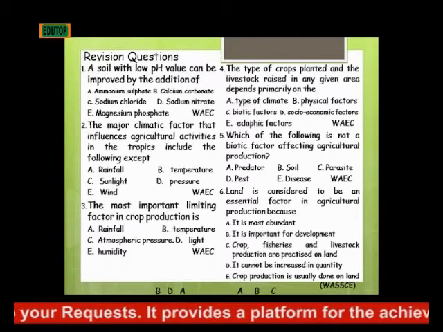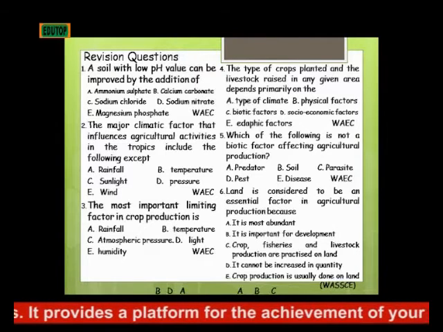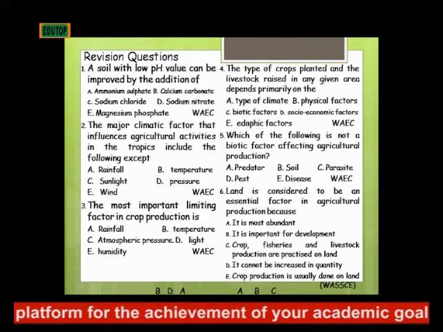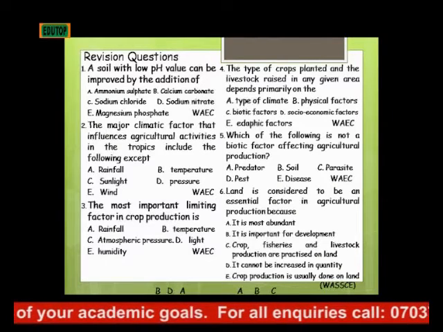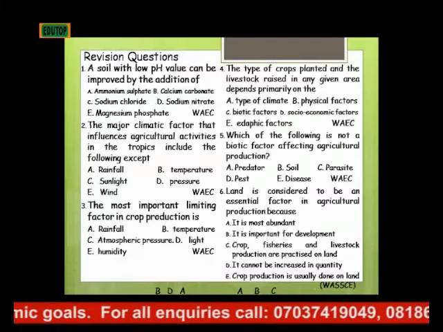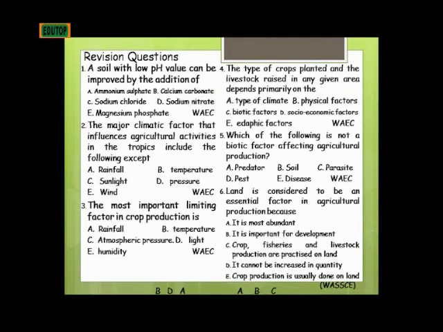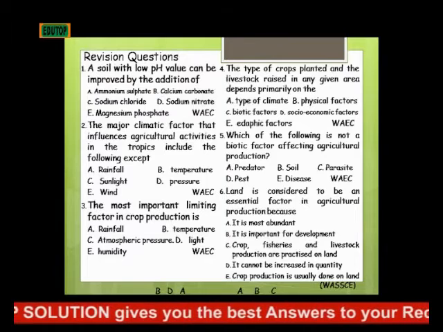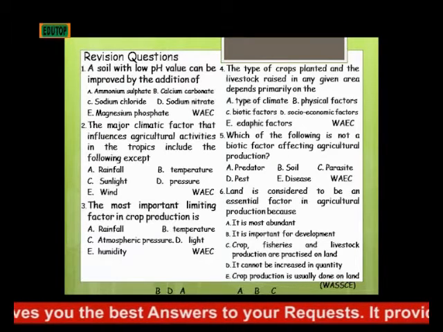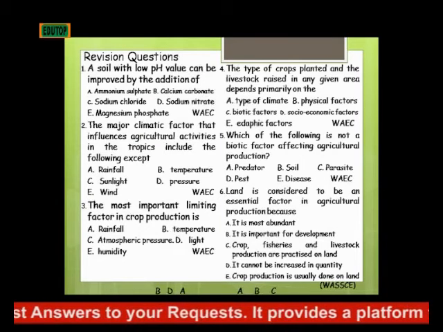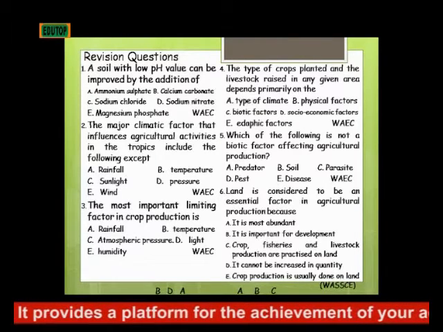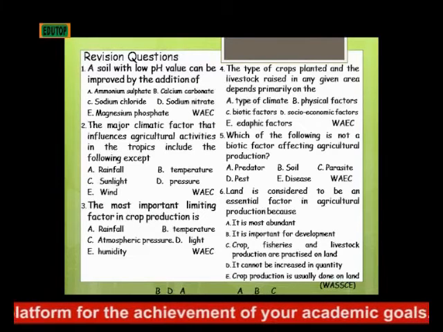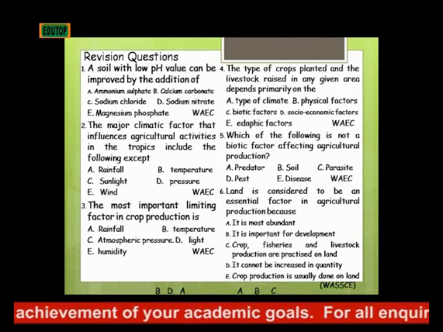Rainfall will influence, temperature will influence agricultural activities, sunlight is necessary for photosynthesis, wind also aids pollination, and we need air for photosynthesis to take place, because carbon dioxide is required. But pressure, how does pressure influence agricultural activity? The question says the major climatic factors that influence agricultural activities in the tropics include the following, except pressure,